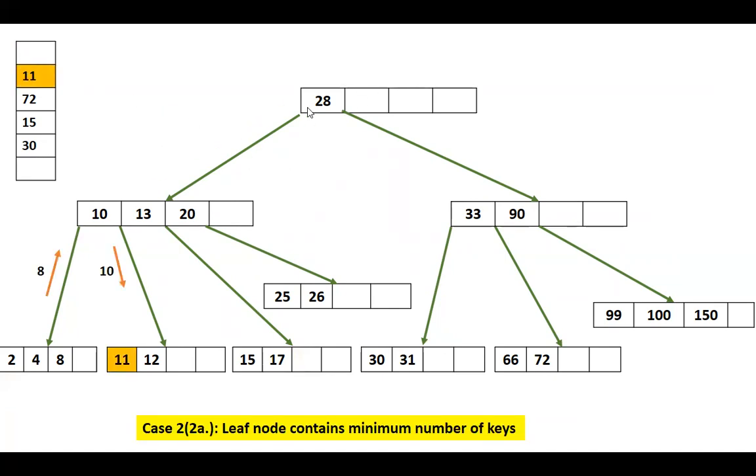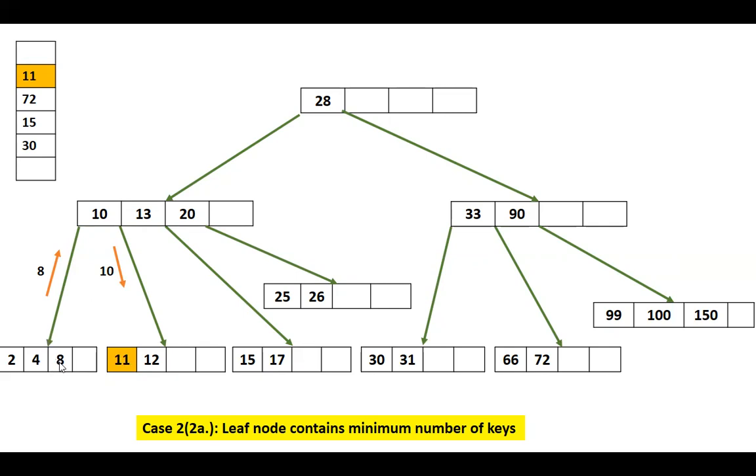Next, you want to delete 11. Again, search where is 11? Less than 28, right? Greater than 10 and less than 30, right? So 11 is here. Fine. Now you check whether the node which contains 11 has the minimum number of keys required, right? So when it has the minimum number of keys required, you'll check its left sibling and you'll check its right sibling. Now the right sibling also has only 2 keys, that is the minimum number of keys required. So check its left sibling, it has 3 keys, which is more than the minimum required, right?